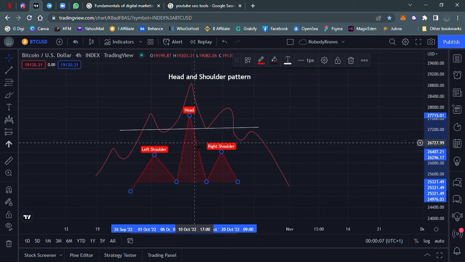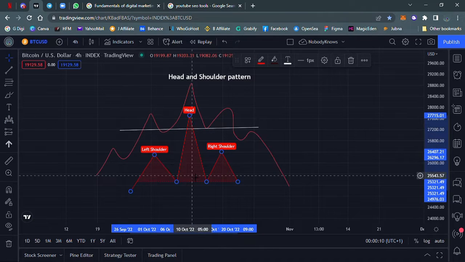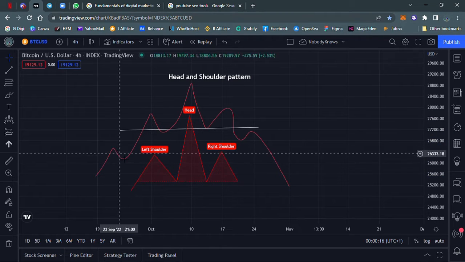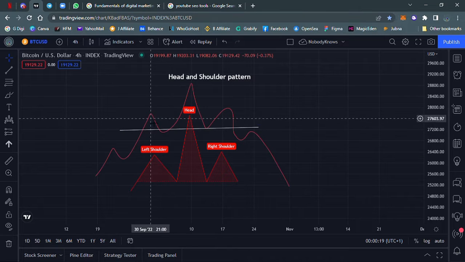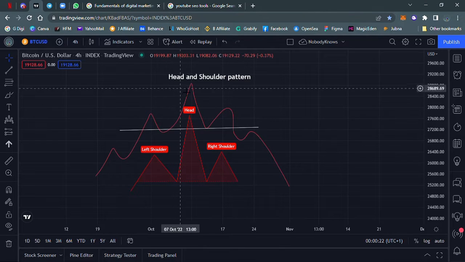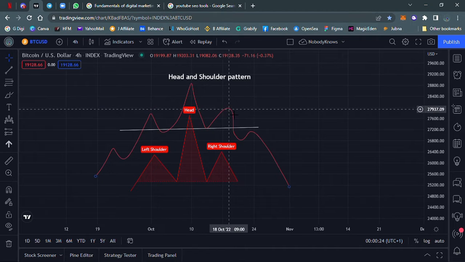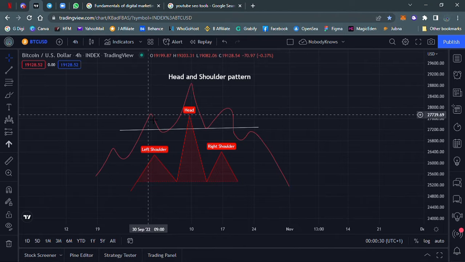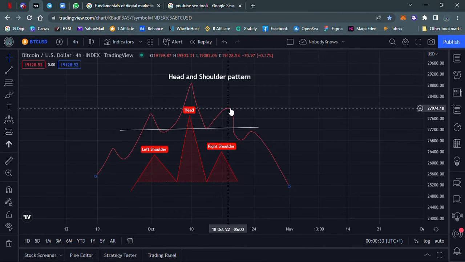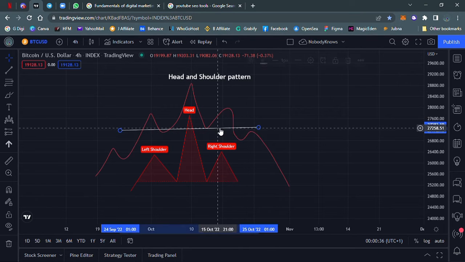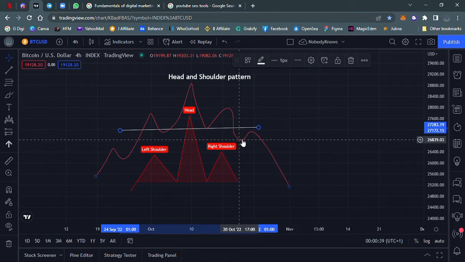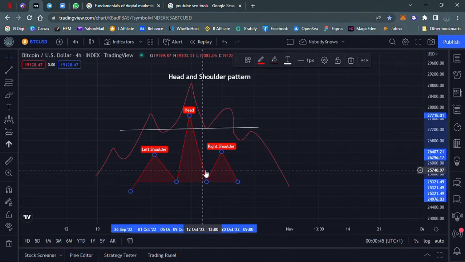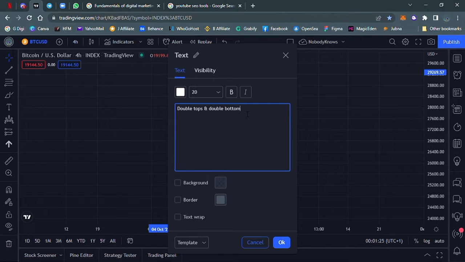Now you see this. Say this is your chart. This is a tool that helps you identify your head and shoulder pattern from TradingView. Now this is your chart. Your market has been going in an uptrend for a while, and then it forms this left shoulder over here, then forms a head, forms a lower low, which is almost equal to this other low here. And that's your right shoulder. And then it usually comes down to this place. They call this the neckline, and then retests, and you have a bearish movement from there. So that's the head and shoulder pattern. I'm not going to talk too much about it. Let's just say yes, double top